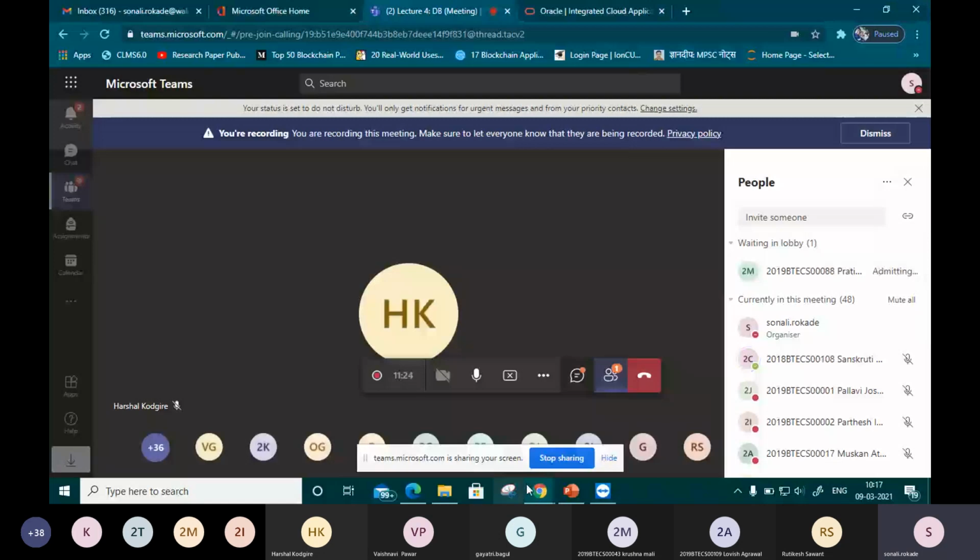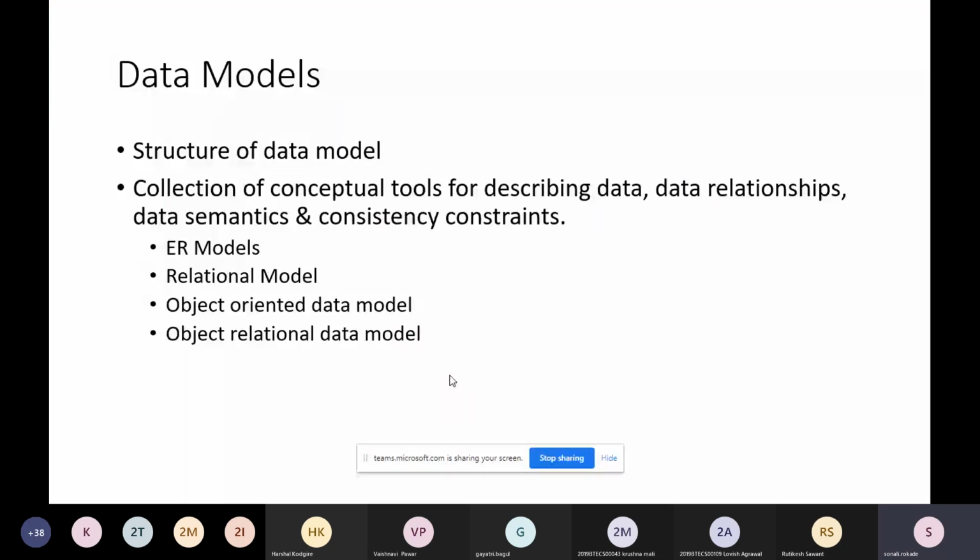So first of all, I'm going to explain the next concept that will have an experiment. Our database engineering lab has one experiment on this one. Not this week, but in the upcoming week, we are going to conduct one experiment on this concept, data models. In the last lecture, we saw the basic components: instances, views, abstraction, schema. Right now, we are going to check out what the models are.